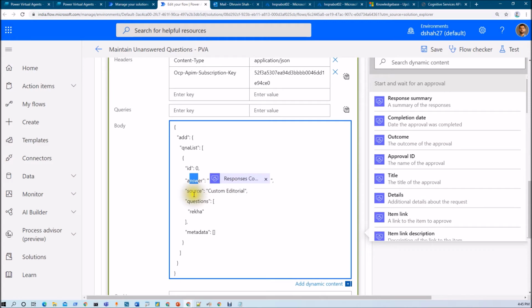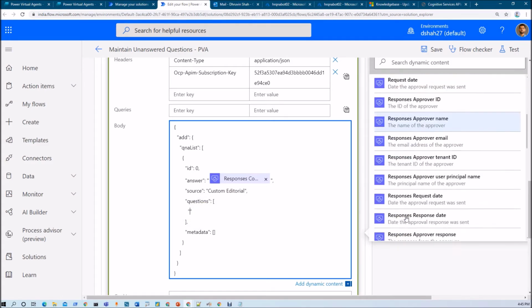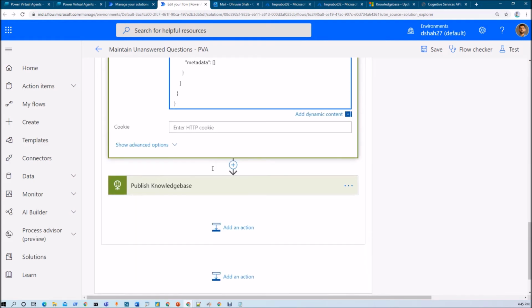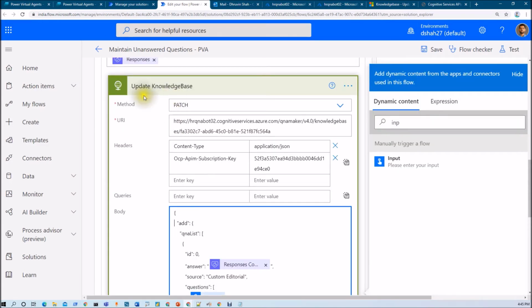Now in questions we need to provide the question. The question will be your input, so here you just need to provide the input, right? So this is your question and answer pair, right? This is how you can update your knowledge base.